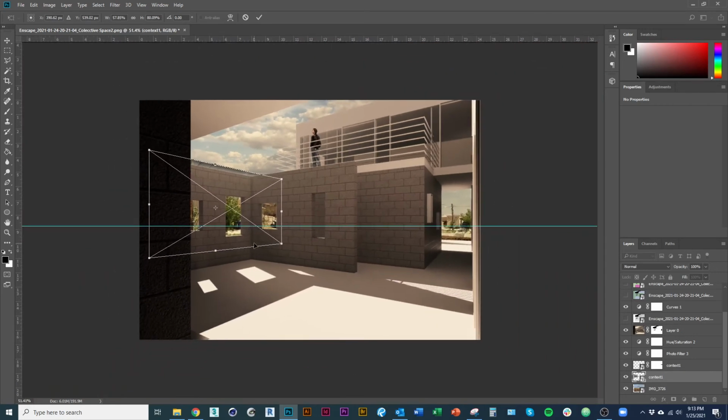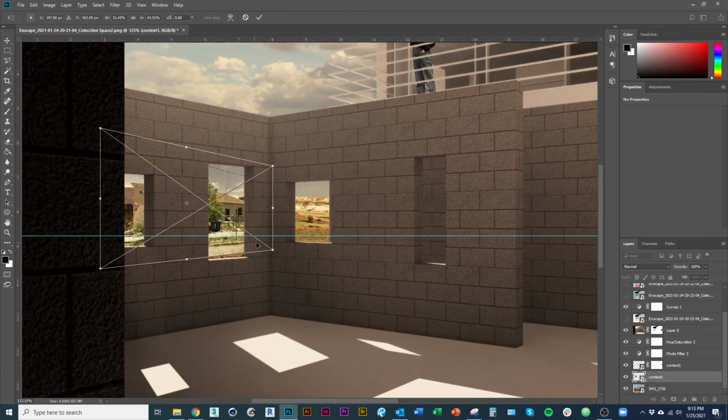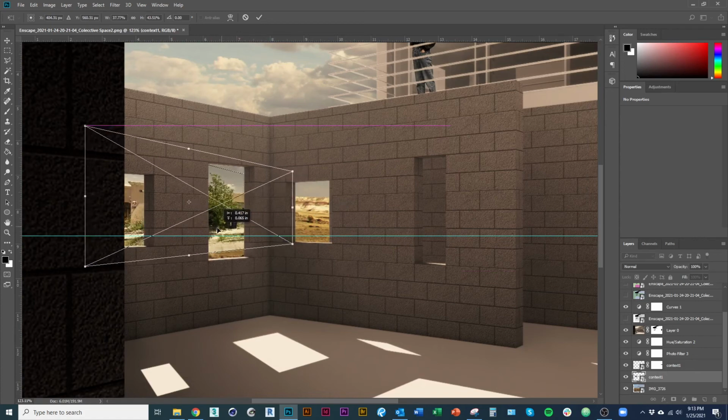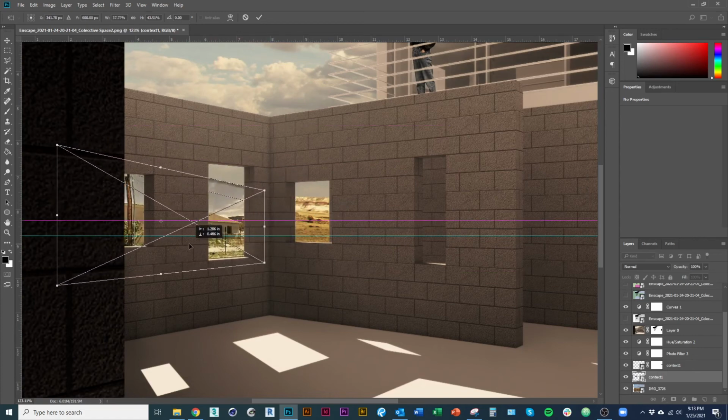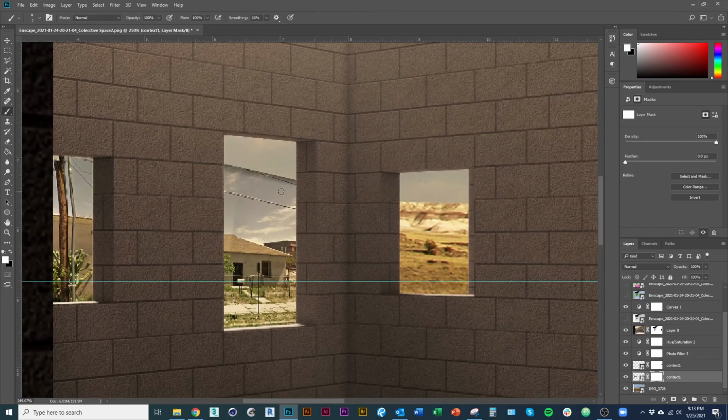And that's probably, and I might have to grab a couple more images to really kind of make that work properly, but